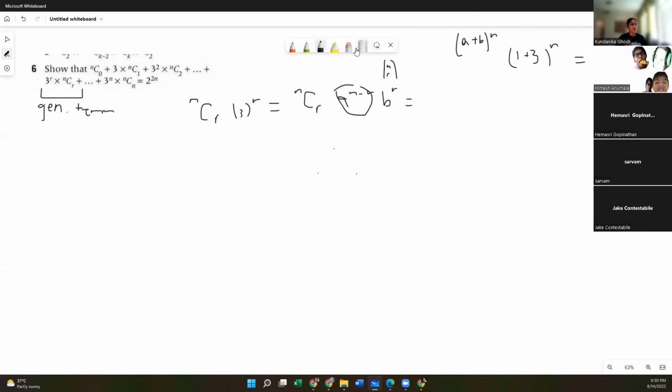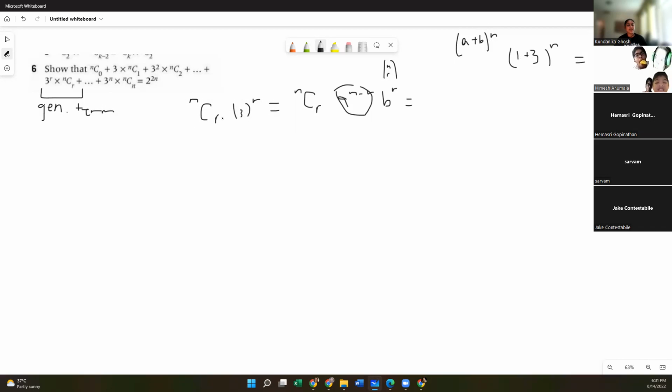We'll go through it. Can you go over that last part really quickly again? Last part being the 1 plus 3 to the power of n. Do you just write it in general terms? Okay. So remember, binomial expansion is a plus b to the power of n. So we said that b to the power of r is, in this case, they clearly give you something to the power of r. That something is going to be b, and b in this case is 3. So we can put in 3 over here.